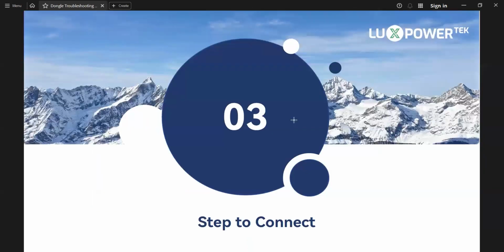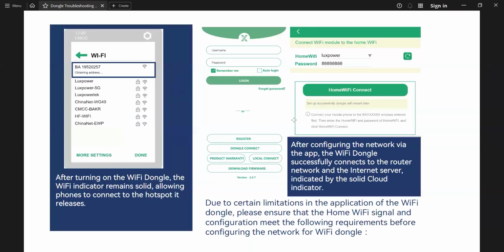Three. Step to connect. So after turning on the Wi-Fi dongle, the Wi-Fi indicator remains solid, allowing a phone or any device to connect to the hotspot it releases.